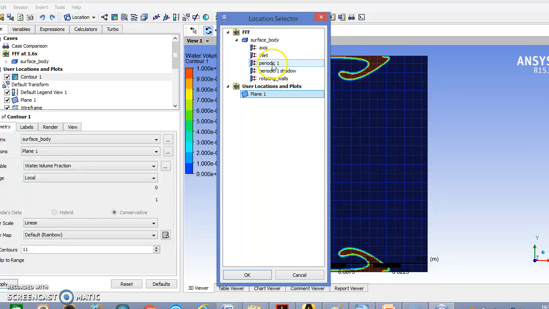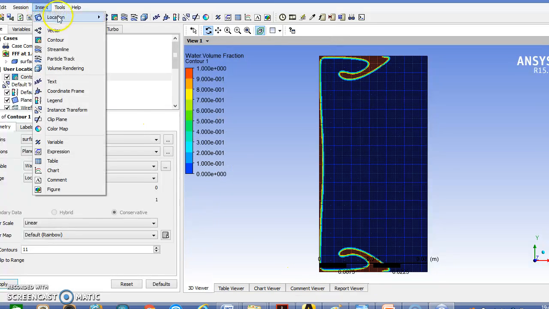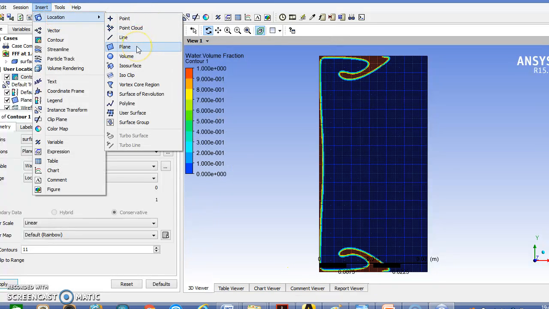You'll have options like periodic one and rotating walls. Anyway, axis, inlet and periodic one are all lines, so there is no point in putting it there. So cancel this and go to insert, location, plane.